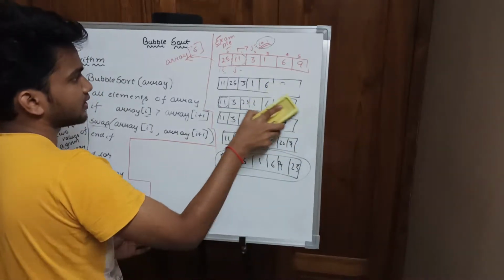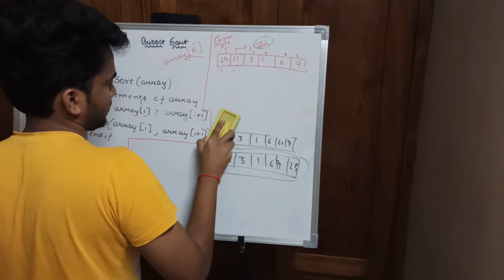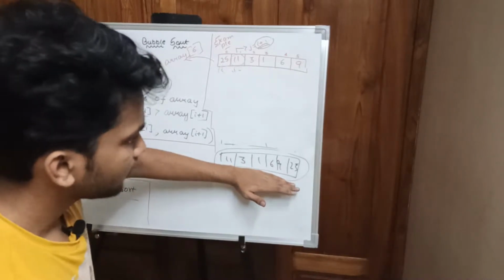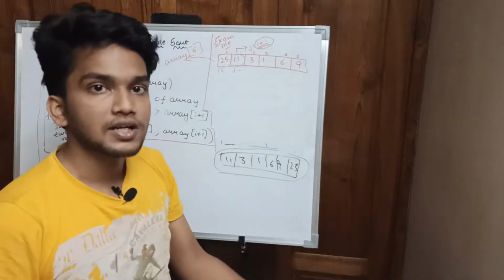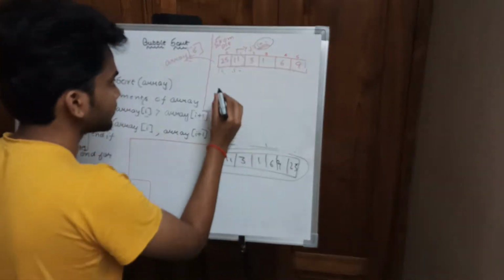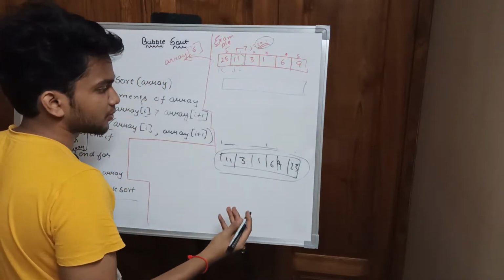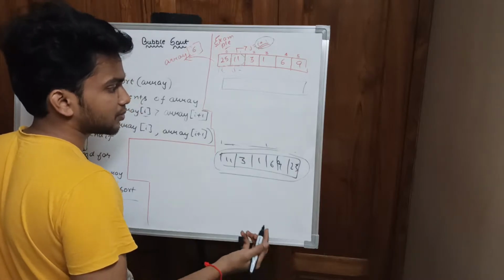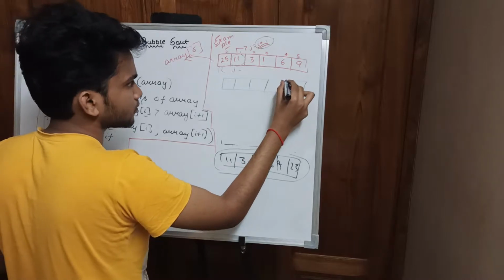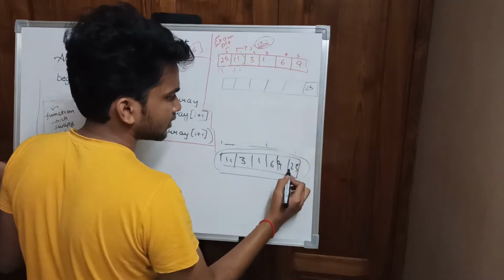So we get this element. With this example, now you can understand the pattern of how things are going to form after each pass, right? For one array we will perform a lot of swap operations, and you understood what those swap operations are and how we are going to perform them. One thing is that we got the largest element at the end of the array, and that is fixed.